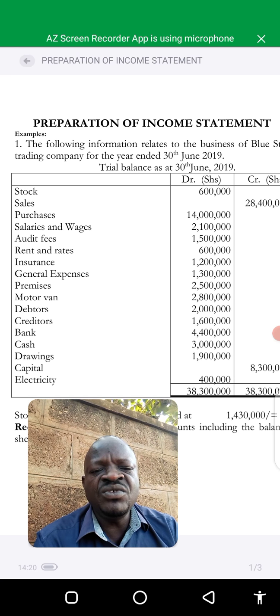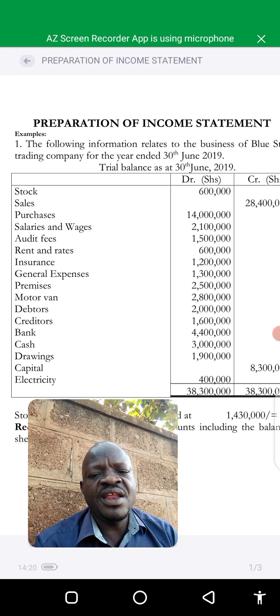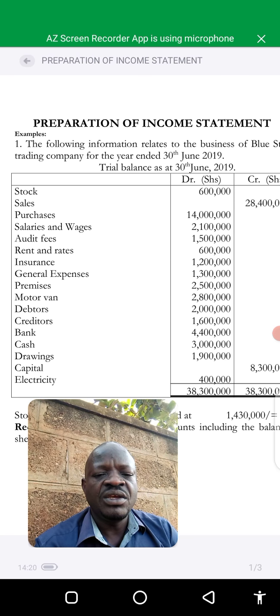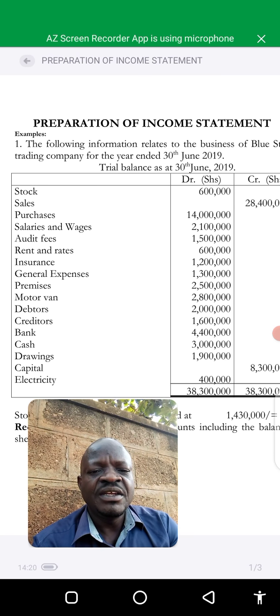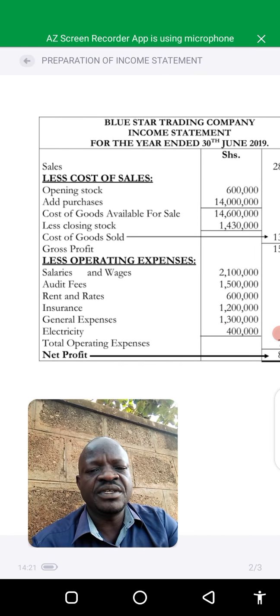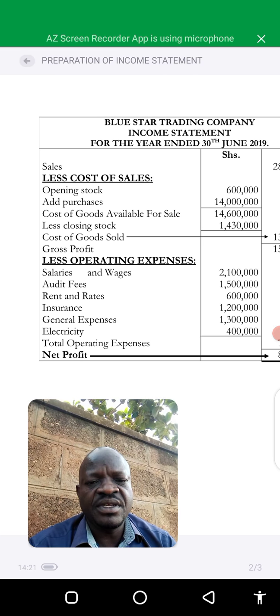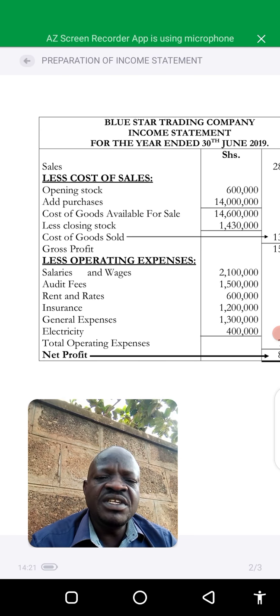We have general expenses of 1,300,000. Then down we have electricity of 400,000. These are the expenses that we have here. Not everything here is an expense. Therefore, we shall come here and say less operating expenses. Salaries and wages, 2,100,000. Audit fees,